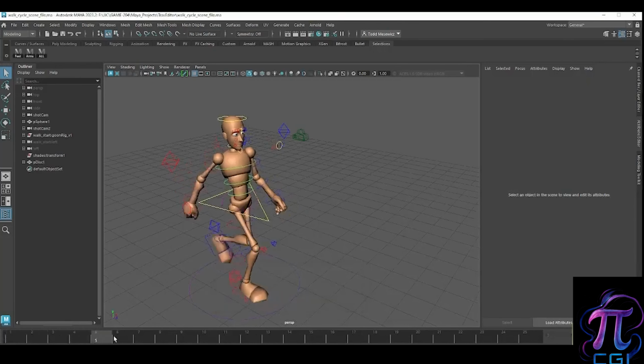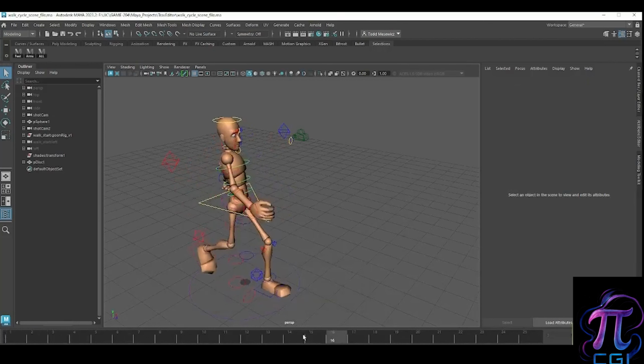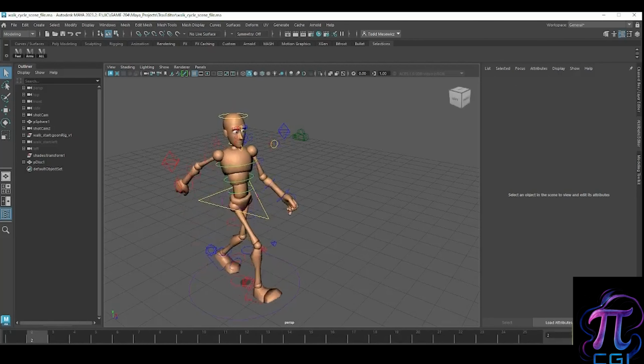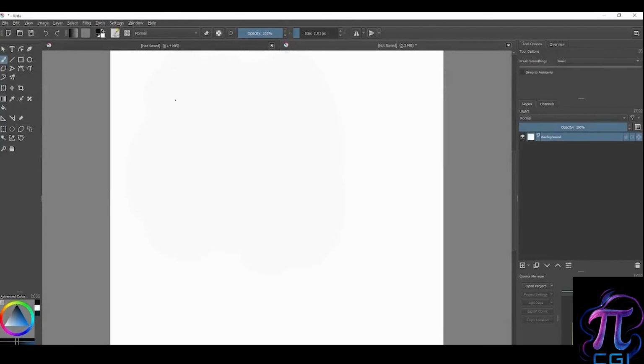So here what I have is a 25 frame animation, and we're going to capture this information and reuse it. So here's our 25 frames,